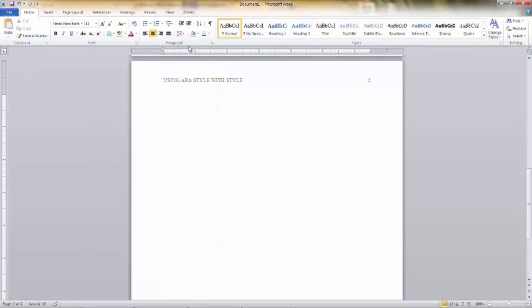At this point, you may need to write your abstract. An abstract is a 100 to 150 word summary of the main points in the paper. If you're going to publish an APA style paper, it definitely requires an abstract. Otherwise, ask your teacher. They may or may not ask you to include one. If you don't include an abstract,